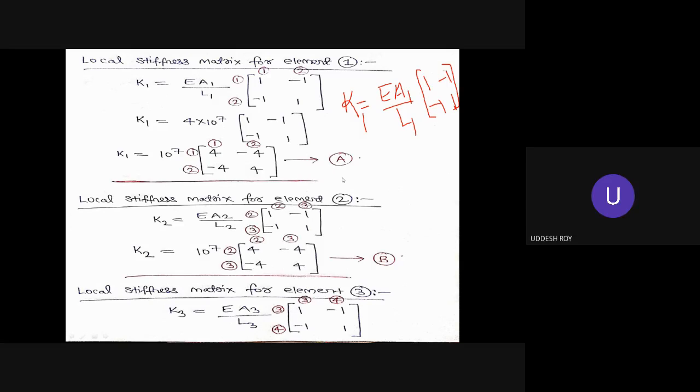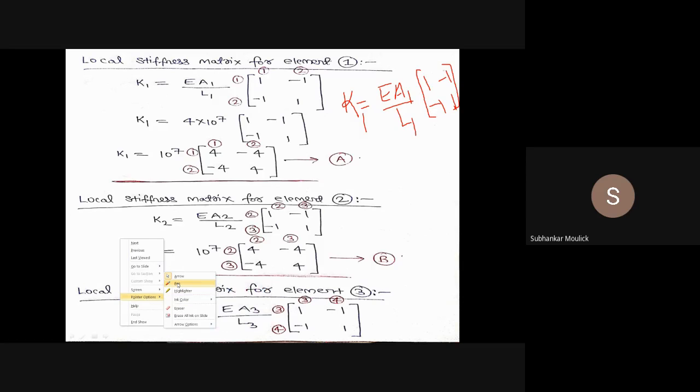Is it clear to all of you? It is just like the first problem. Yes, exactly like the previous problem. Any doubts? No, sir. Okay. Similarly, I will find out the local stiffness matrix for elements 2, 3 and 4. So now you will tell me